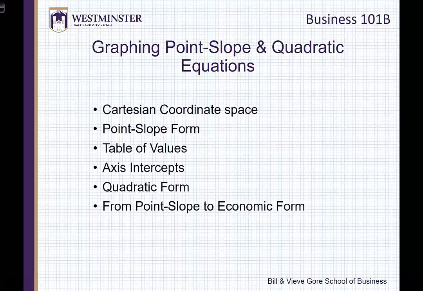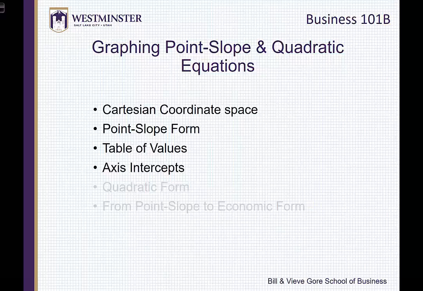We're going to do this in 3 separate video modules. First we'll look at Cartesian coordinate space and the point slope form and a table of values and the axis intercepts. The second video we'll take a look at the quadratic form, and finally the third video we'll consider going from a point slope form to the economic form. So let's first go ahead and take a look at these first 4 items, and we'll start with the Cartesian